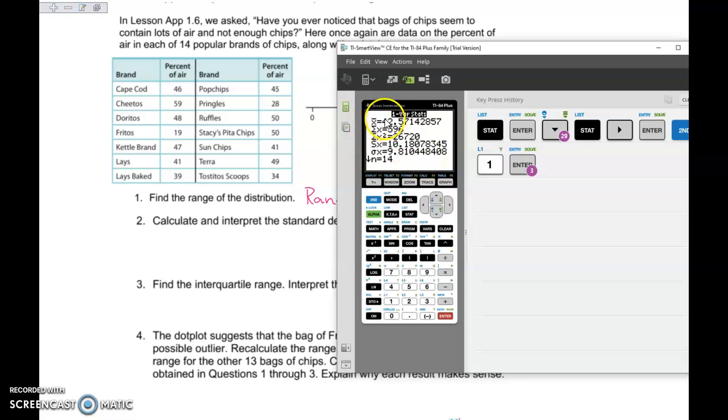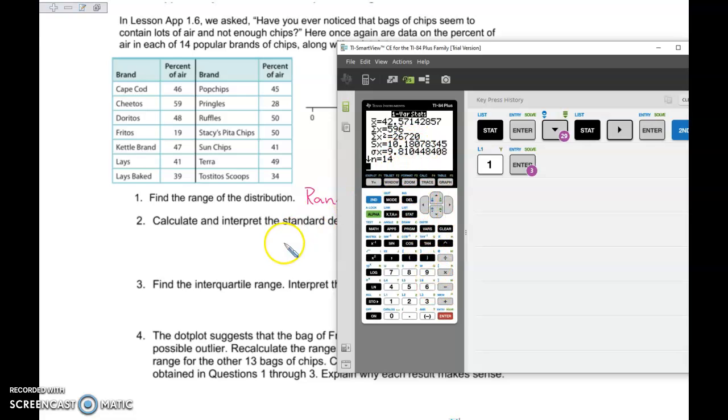Right here, x bar is the mean. Okay, Sx is the standard deviation for a sample. Okay, sigma x is standard deviation for a population, which we're not going to use very often, but Sx is the one that we're going to be using. n is the number of numbers we typed in, which is 14. And those are what we need for number 2. So 10 point, let's go 2 decimal places. So 10.181